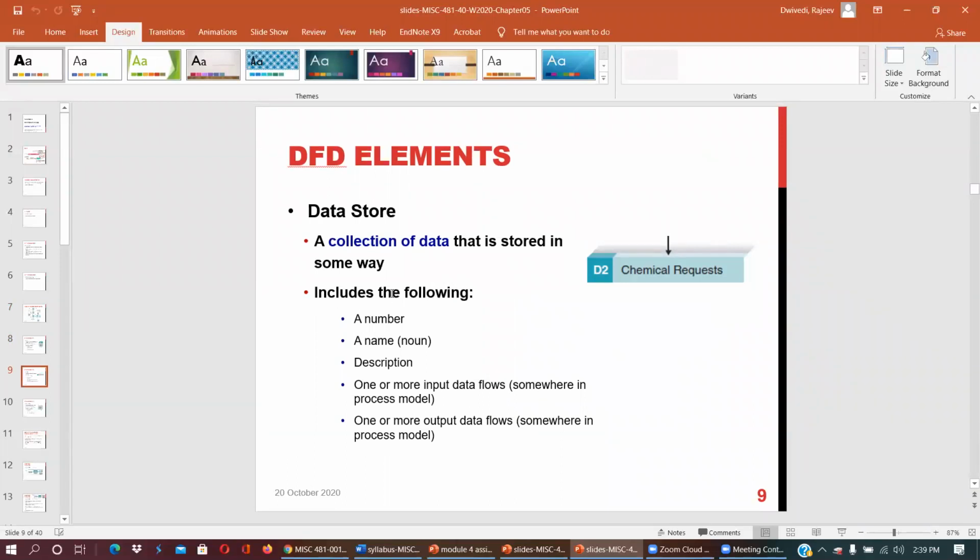It includes the following: a number, a name such as chemical request, a description, one or more input flows, and one or more output flows. Here we are not able to see the output, but you can see the number, the name as a noun, and the description.